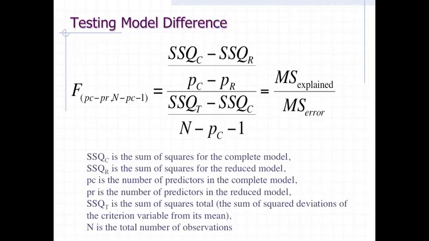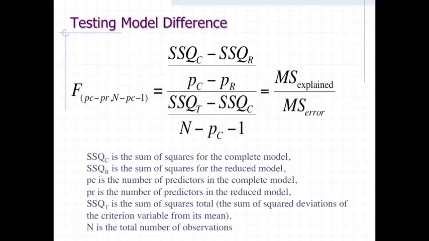The formula for testing the contribution of a group of variables is shown here. The degrees of freedom for the numerator are PC minus PR, and the degrees of freedom for the denominator are N minus PC minus 1. If the F is significant, then it can be concluded that the variables excluded in the reduced set contribute to the prediction of the dependent variable independently of the other